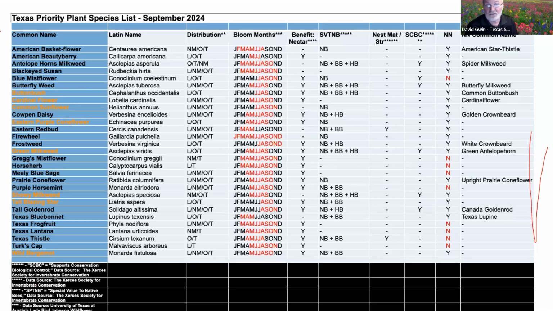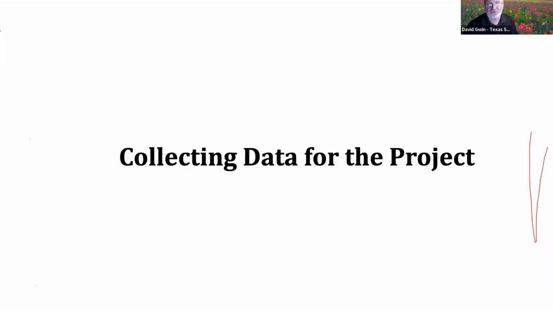And that can be one of them in your flower bed, or one of them down the street in your favorite nature area, or a local wildscape or a demonstration garden. So if you know one of these plant species, it's important and special to you, you could be part of this project. And so with that, I'll jump into talking about collecting data for the project,